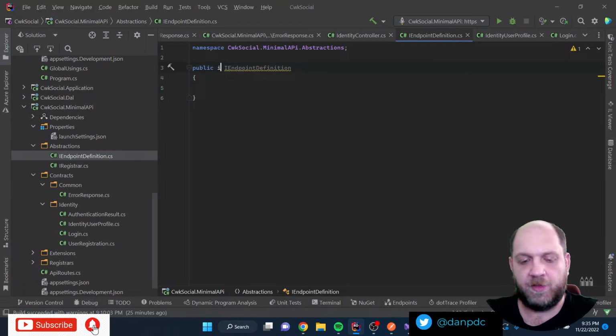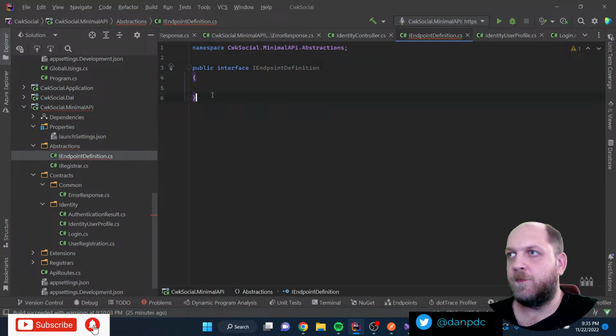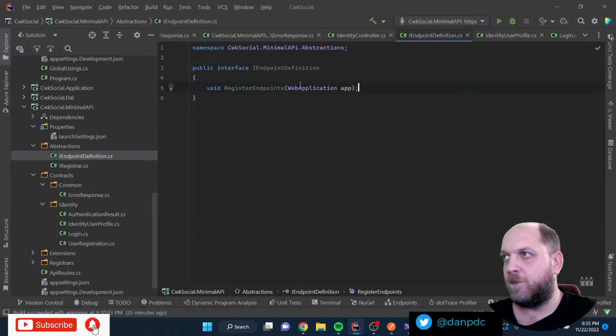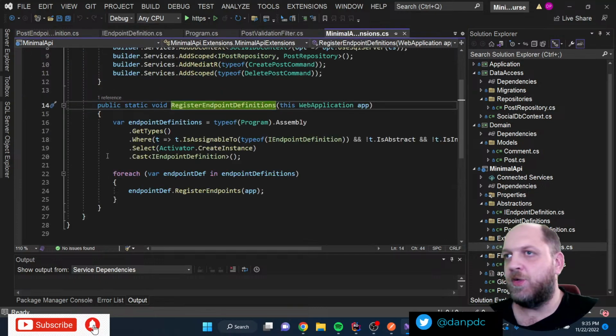But it would be an interface. Okay, so it's something like that. And then let me go back to this other one. I guess it has to do something also with the fact that right now Visual Studio is open.